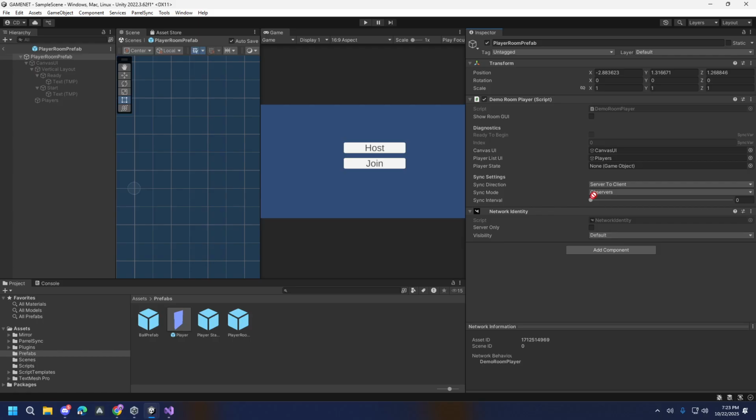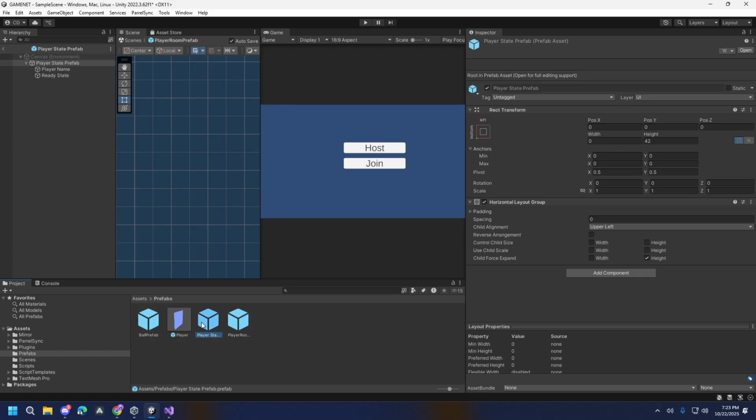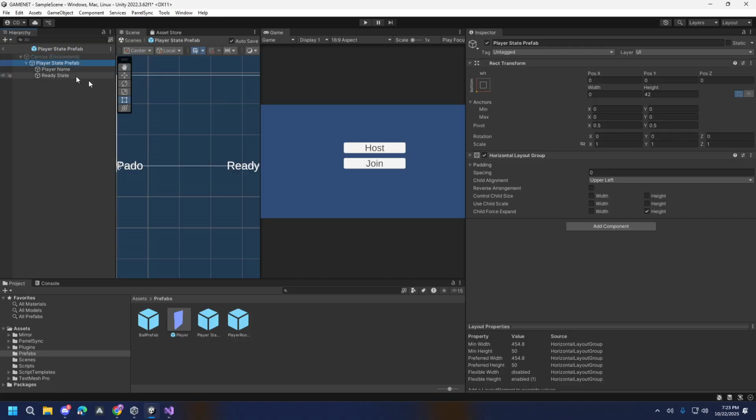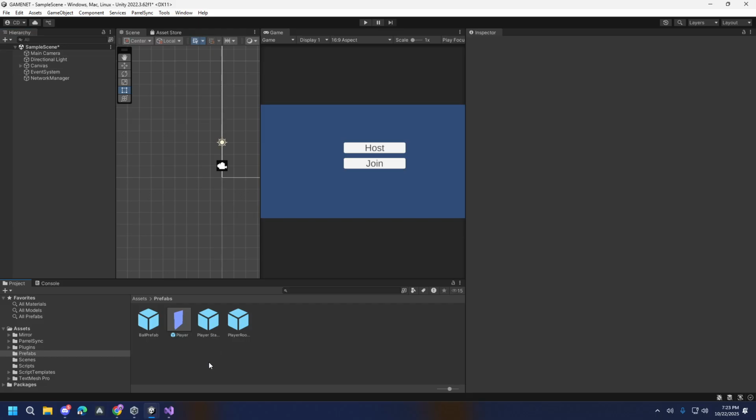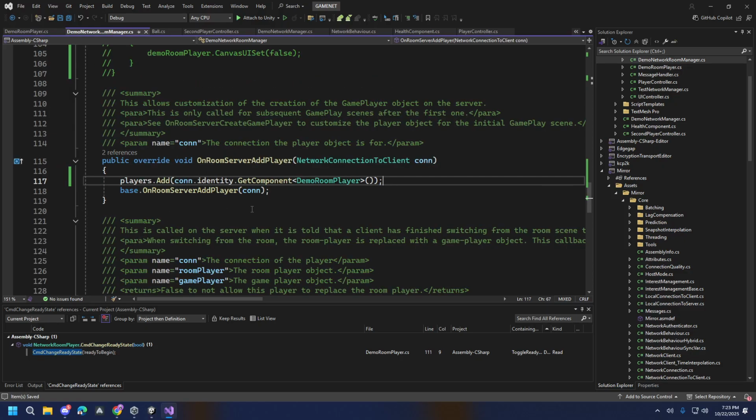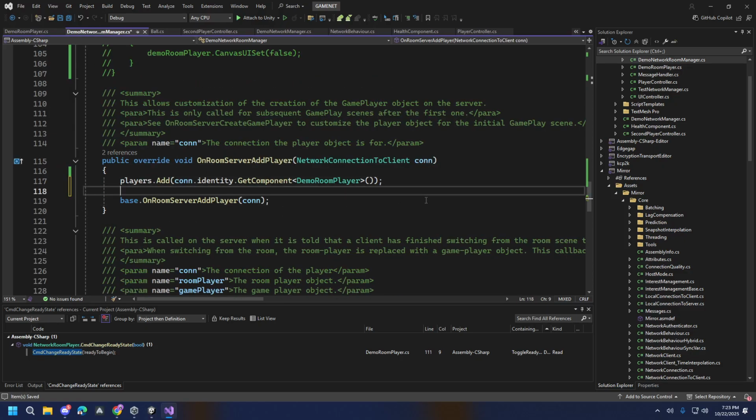Prefab player state. So you'll notice this player state doesn't really have a network identity, because we are making it just a UI thing. Do I want to make it a network identity? No, no, we don't. Okay, let's try this. We add the player and then